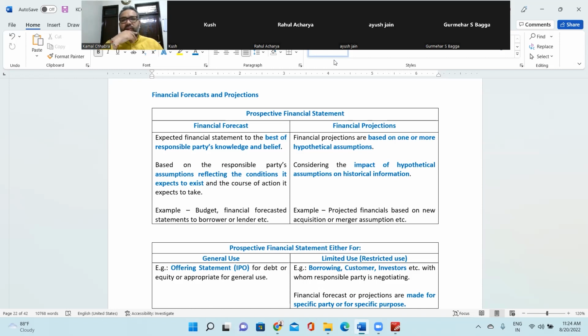Ayush, Gurmehar, Kush, Namisha, Dipti, Rachita,